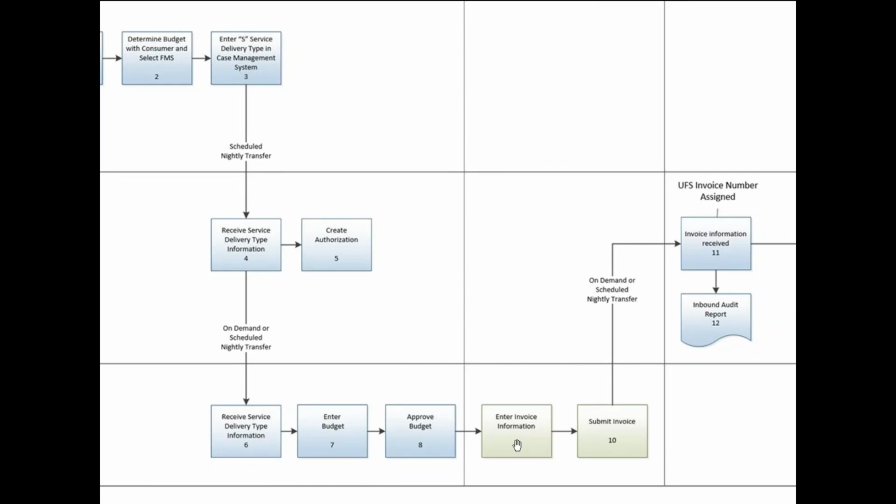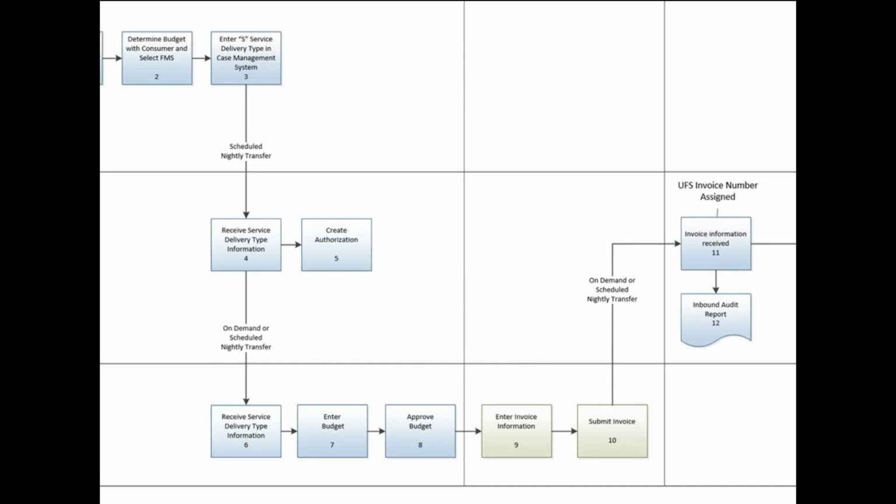And you'll notice box 9 is where this is a vendor or an FMS vendor activity. They will enter the invoice information, fill it out, and then submit the invoice. So this is where there's a key difference with traditional e-billing. I know that currently in traditional e-billing, your staff have to generate invoices on UFS, and then they transfer into e-billing, the vendor fills them out, and they transfer back. In self-determination, you do not have to generate the invoice on UFS. The FMS vendor will just go into e-billing when they need to, fill out the invoice, and submit it,